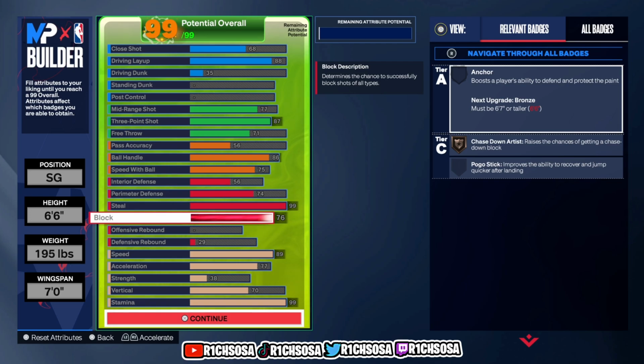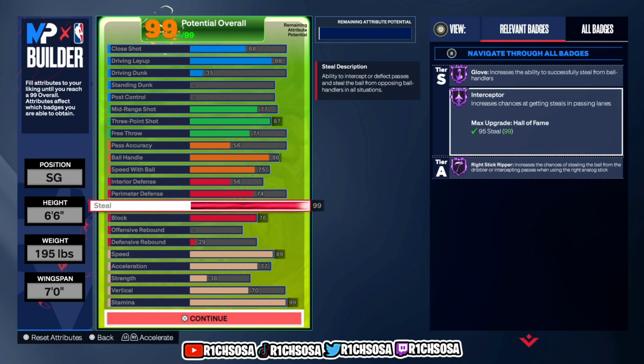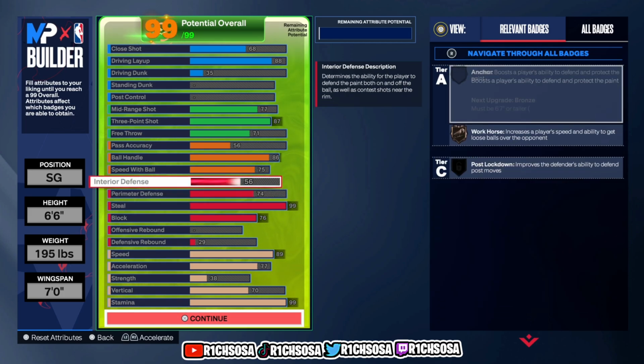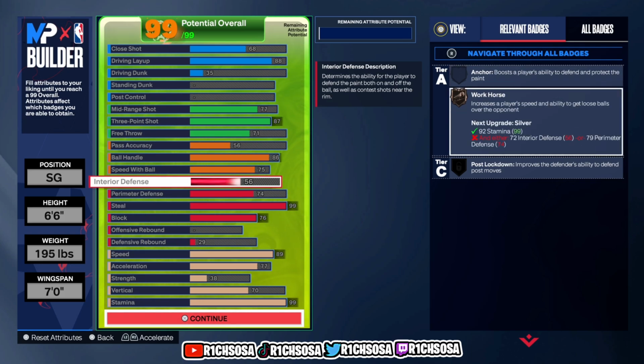Now, a few different stats that I'm looking at. Very special right here, we get the 99 steal, which will give us the Hall of Fame glove, interceptor, and right stick ripper. Now, going along the build, you have a lot of different areas to look at here as well. So for the interior, we're going to get workhorse on bronze. And then for the